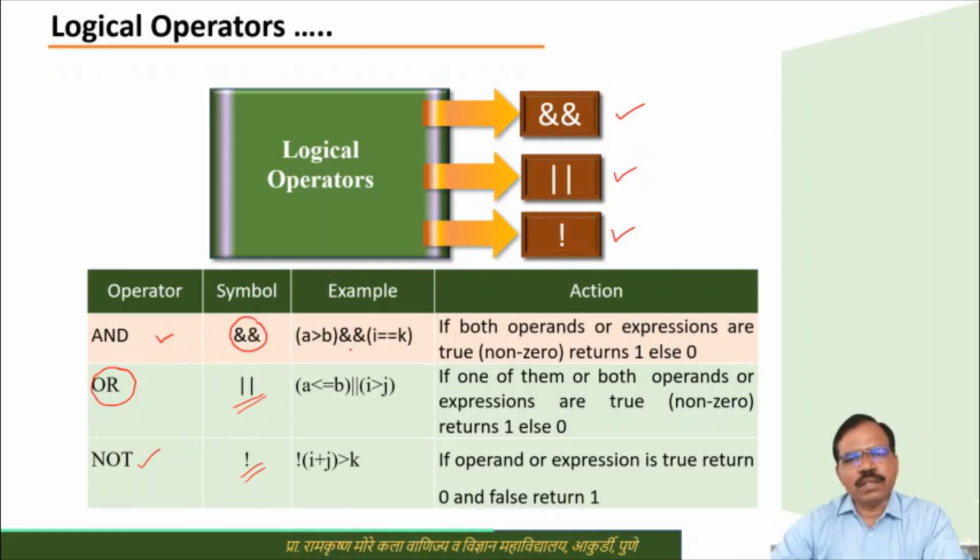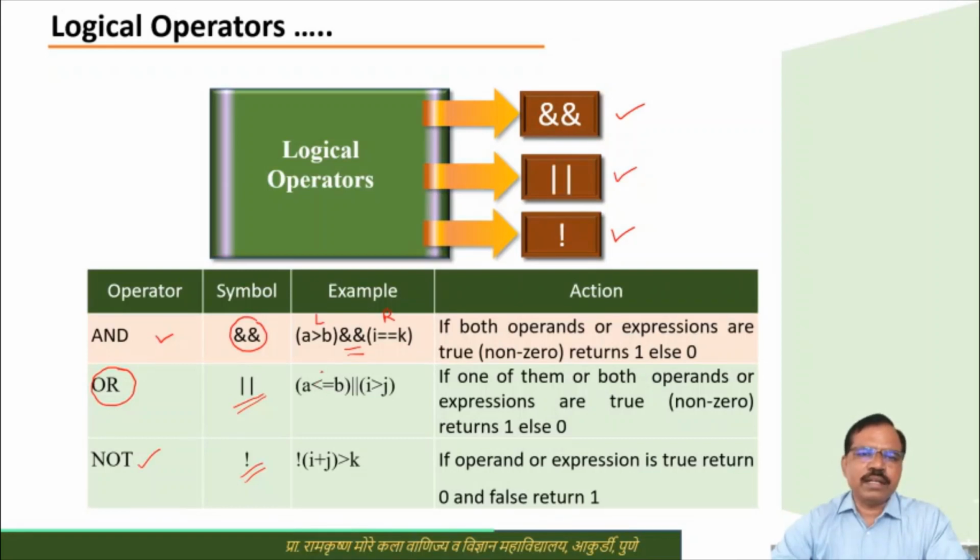If we see an example, here we have AND. On the left hand side we have one expression, and on the right hand side we have another expression. Generally these two expressions are logical expressions. We can call these two operands also. When both the left hand side expression and the right hand side expression are true, you will get output 1. If one of them or both are 0, the output is 0 in the AND operator.